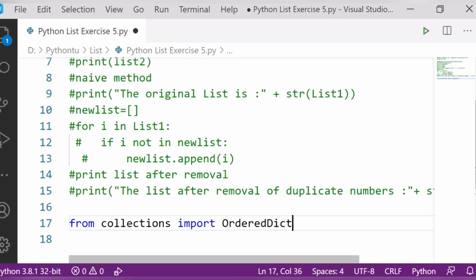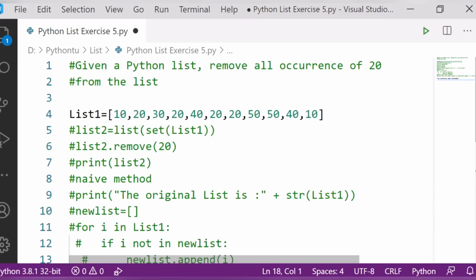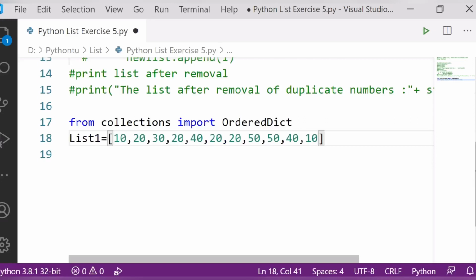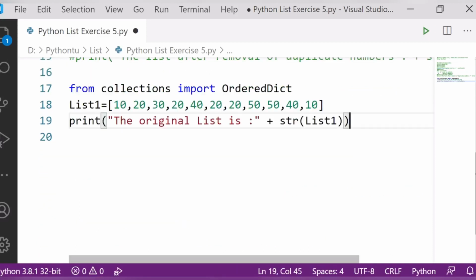Now I have already declared and initialized my list, so let me cut it with control X and paste it here. After that, I will simply write the original list again. Let me copy from here only because I have already written it. Control C, control V.